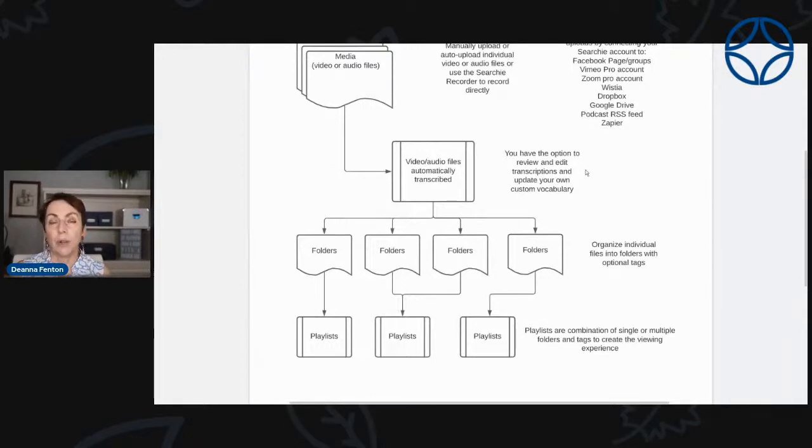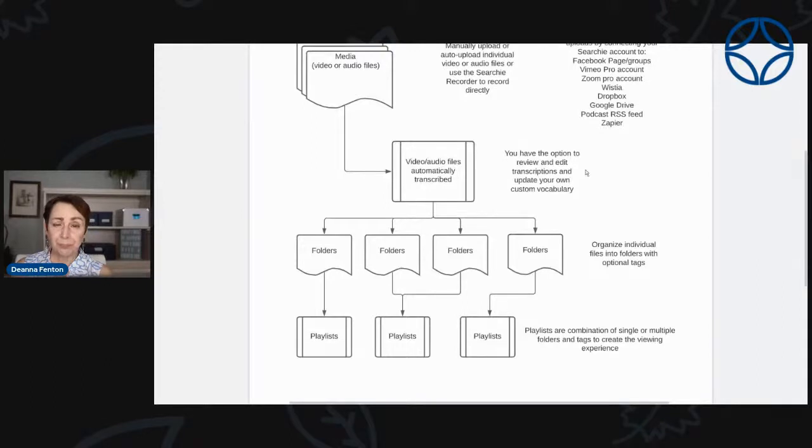Like my joke has always been that when we first started using it, it would transcribe Kajabi as con-job-e, 3 words. So we created our custom vocabulary that said, no, the word is Kajabi. And so therefore, when it transcribes, it recognizes the word is Kajabi.